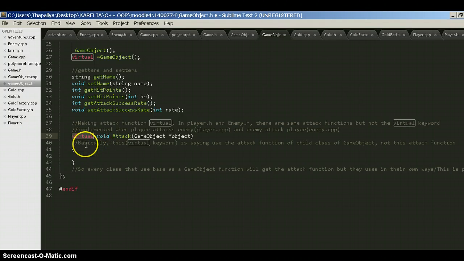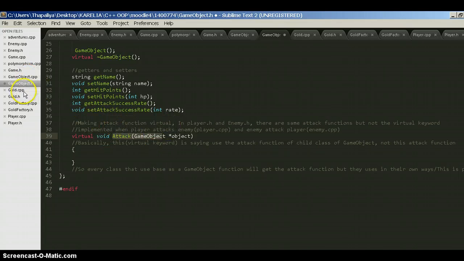Basically, the virtual keyword is saying that the attack functions will be in the child classes of the game object, but they will be used differently in the child classes. So in gameobject.h, here is the attack function, and the same attack function is in